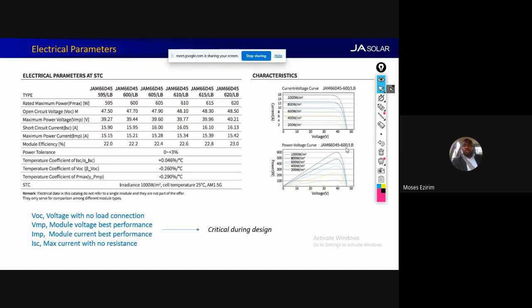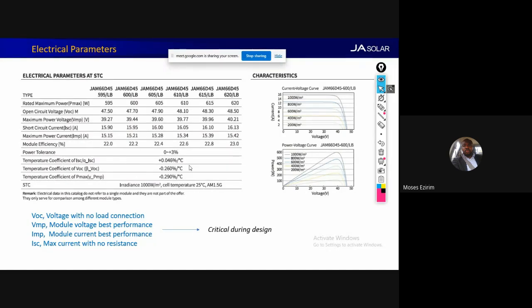You also need to factor in temperature. Like I mentioned, as a designer, you don't limit your design skills because you don't know where you'll be designing in the future. You can be designing in a region with extreme cold weather. So how do you do your design? You need to factor in temperature. So this is where all this temperature coefficient comes into play.